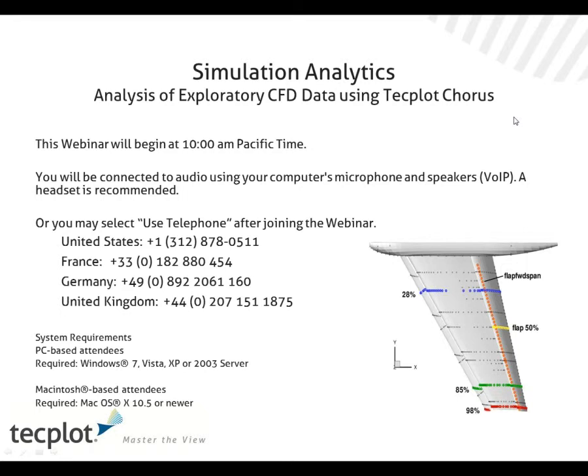And today we're going to spend some time talking about simulation analytics and analysis of exploratory CFD data using Tecplot Chorus. And specifically, we're going to be evaluating results from the High Lift Prediction Workshop that was held last year. That's right. This was a workshop